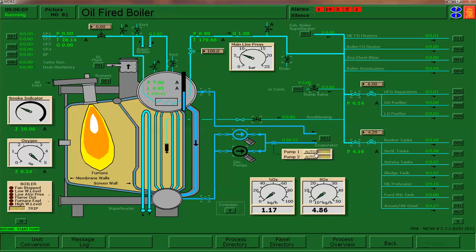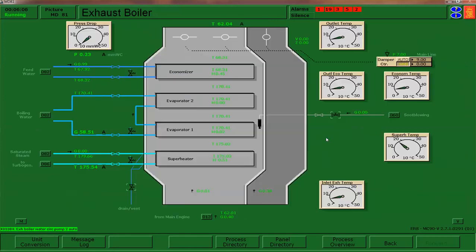Wait for the flow to establish. We'll go ahead and put both of those in auto. And we're going to open the damper above the main engines. We have a very short maneuvering, so we're going to maneuver out on the exhaust gas,